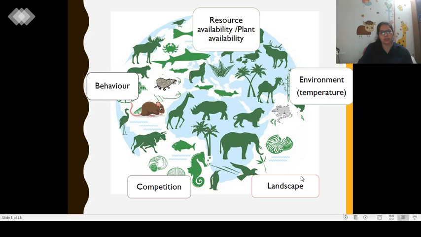Environmental features, including the thermal regime and landscape features, play a crucial role in the survival of these given taxa of animals, where competition and behavior play an important role in the survival of populations of these species, where they use different strategies for resource utilization, either in the form of